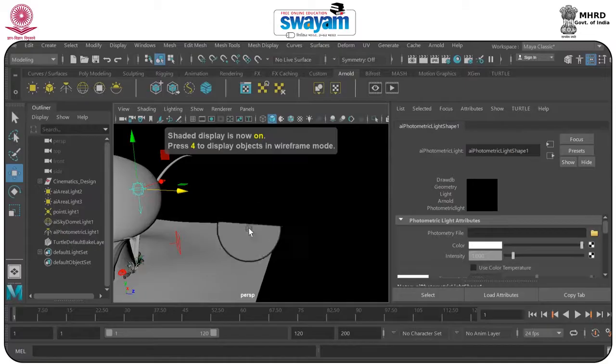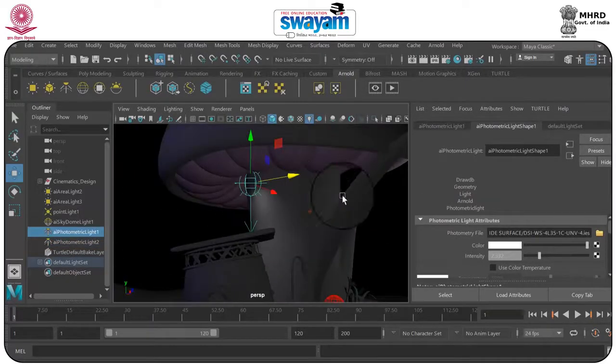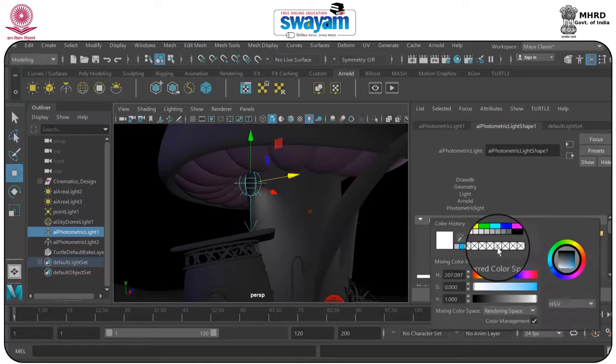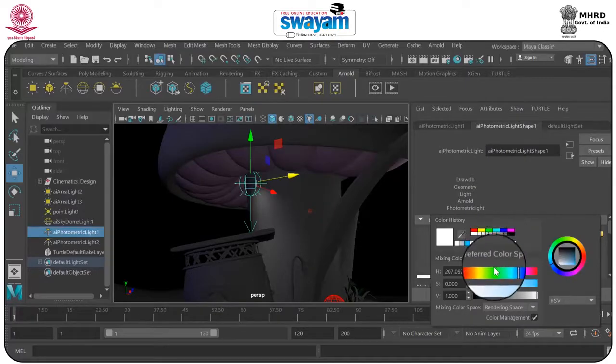Or even if you are not comfortable in perspective, you can go to any other view, that is front, side and top. Or even if you hold shift and right click, you can change any of the views in your Maya. So that's a lot of freedom if you are not comfortable in perspective. To have a look at each and every line, if you select, we don't require white color because we already have so many white lights. Now I will change it to another color.